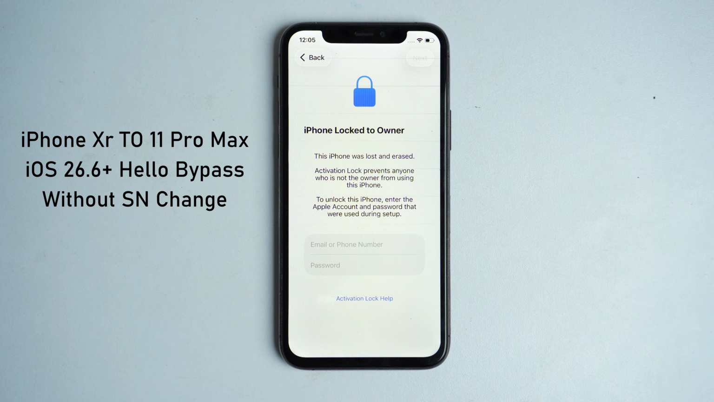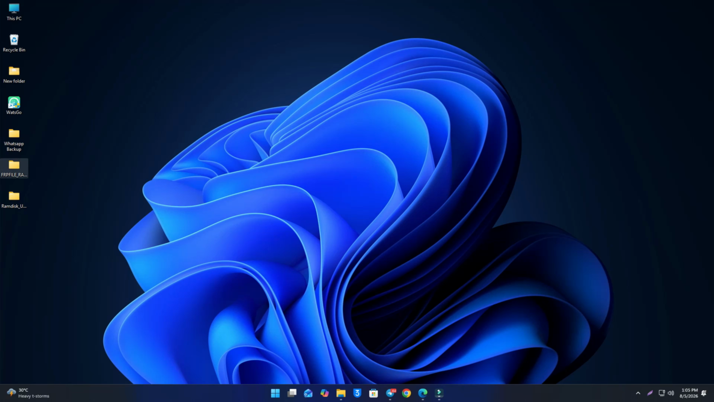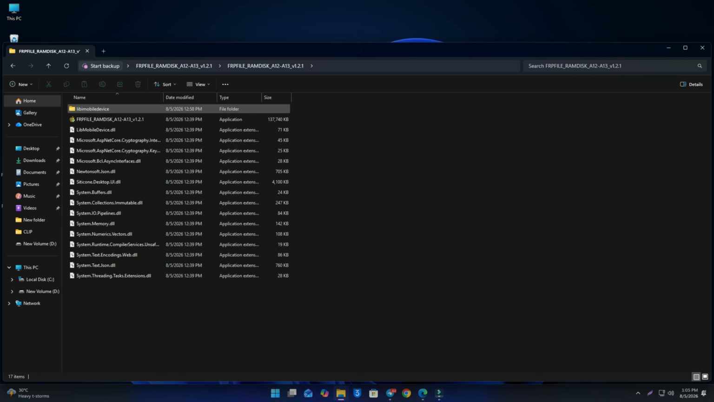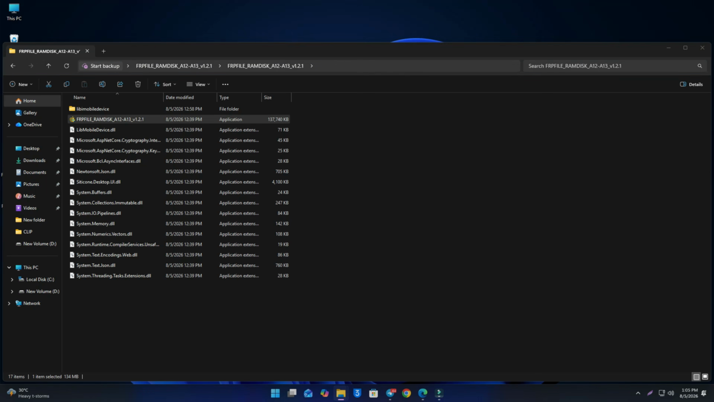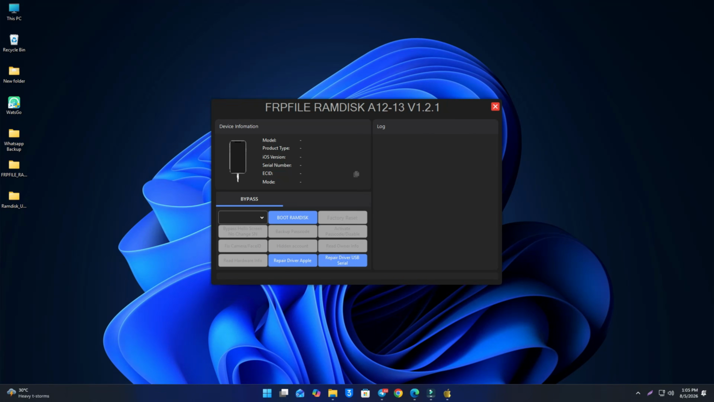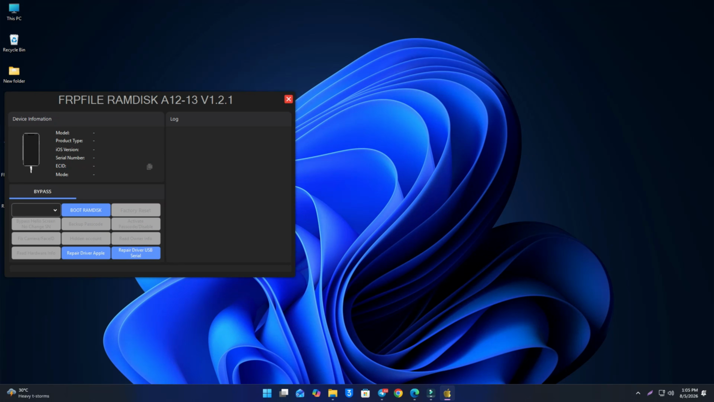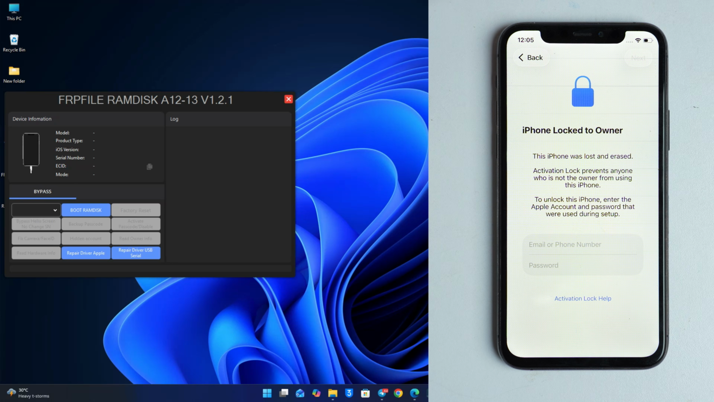So iPhone XR to 11 Pro Max, how you can bypass the hello screen. In this video we are going to see that. For this tutorial we are using the most premium tool in the market. It's called FRPFILE RAMDISK. So I just open the tool and now you have to simply connect your phone